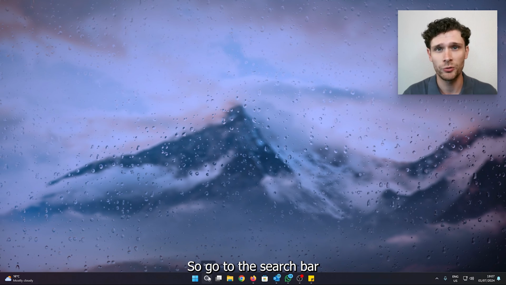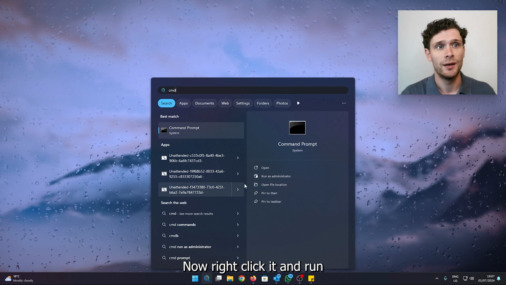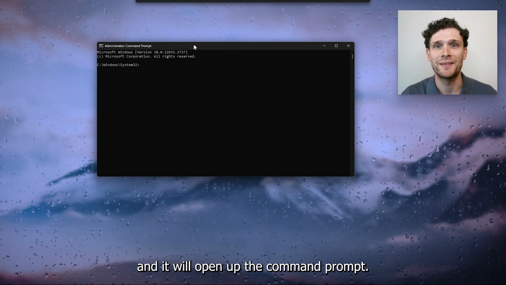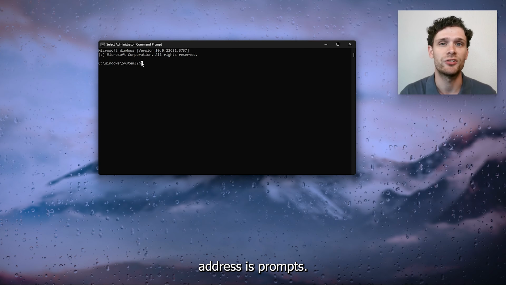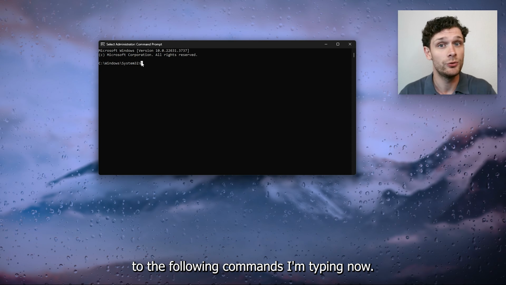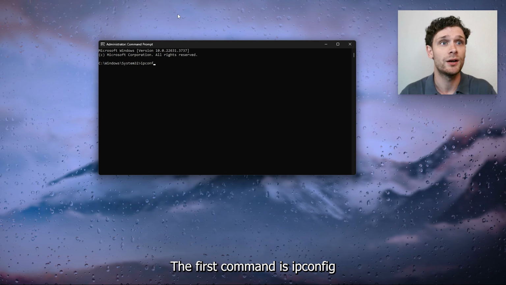So go to the search bar in your Windows laptop or computer and type in CMD. Now right click it and run as administrator. Now from here press yes and it will open up the command prompt, as you can see right here. Now I'm going to do some IP address prompts, so it's very important to pay close attention to the following commands I'm typing. Now the first command is ipconfig